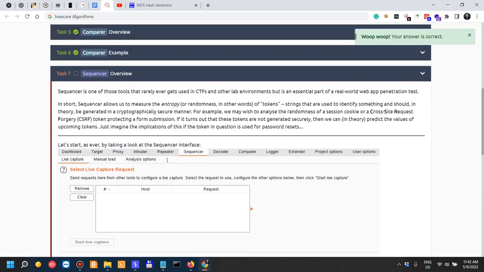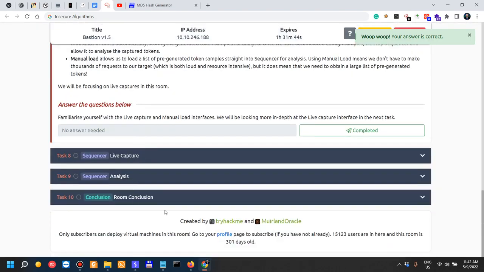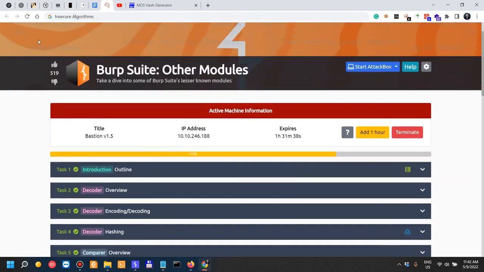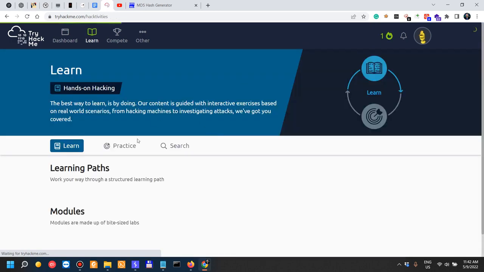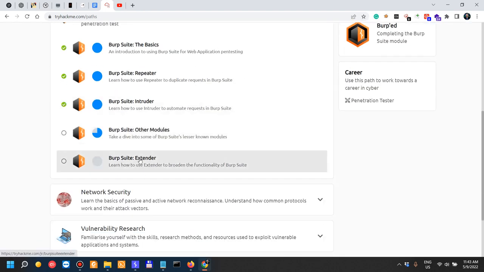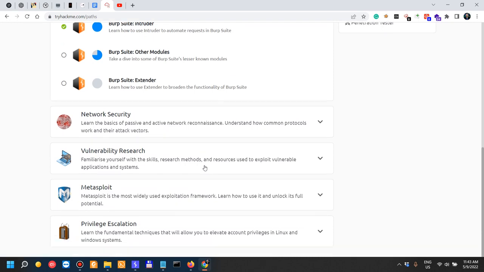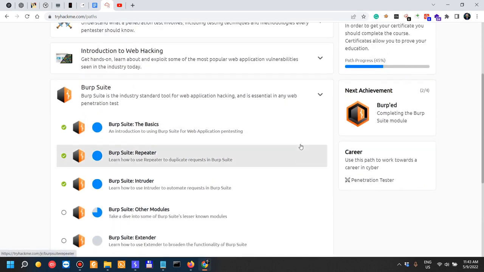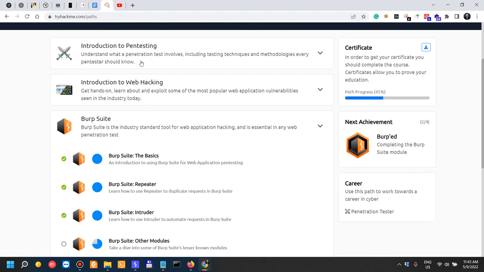Now, in the next video, we're actually going to look into the sequencer, and we will actually be finishing with these other modules, and then let's actually look into the learning path one more time. What I want to say is that exciting things are coming up. So once we finish the other modules and then we move into the extender, unless there are a lot of requests for me to keep on going with this one, I may be actually stopping this at Burp Suite, because I think Burp Suite is really important, and then start another